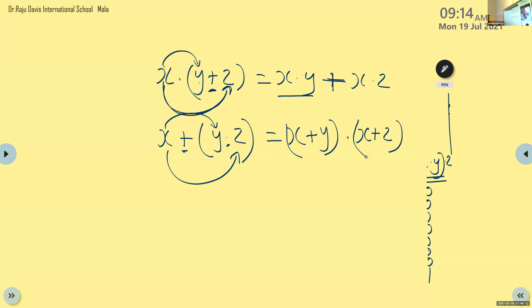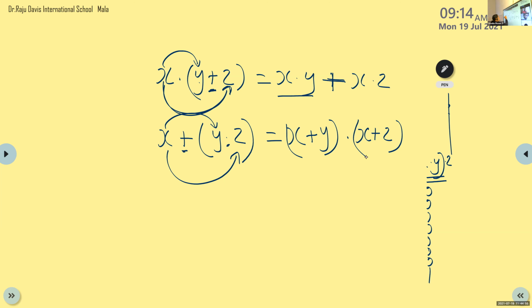In the distributive law, the first law includes both AND gate and OR gate, and the second law also uses OR gate and AND gate. But in the associative and commutative laws, the first law uses only OR gate and the second law uses only AND gate. But here in the distributive law we are including both operators. So the first is x dot (y plus z) equals x dot y plus x dot z, and the second law is x plus y dot z equals (x plus y) dot (x plus z).